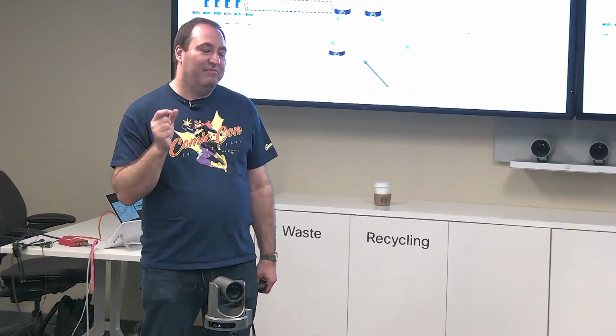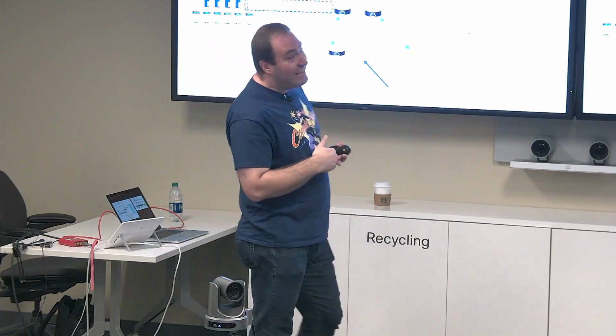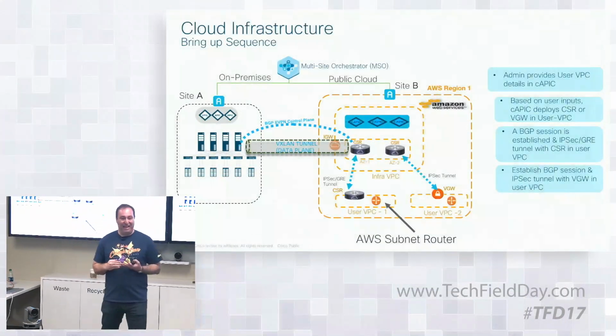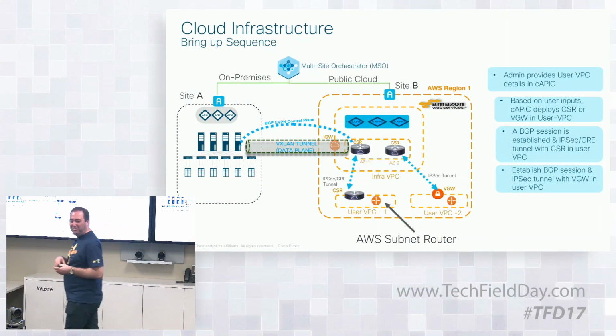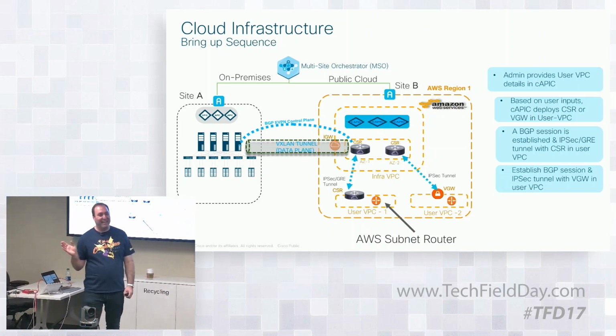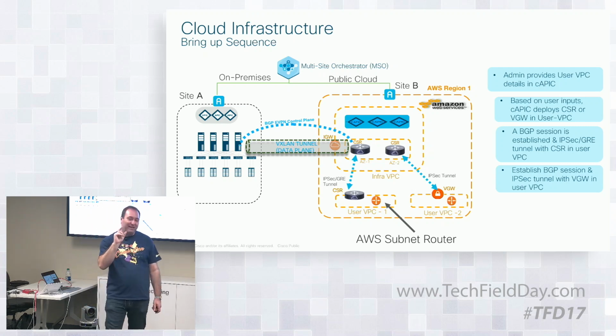Our customers have a few things that they want to do, but on the first iteration, we're not extending L2. Extending L2 from your data center to your cloud is dumb. I'm just going to put it that way, right? I know people want to show you live vMotion between your on-prem and AWS. I call BS on that for a real use case. There are a couple, but not much.